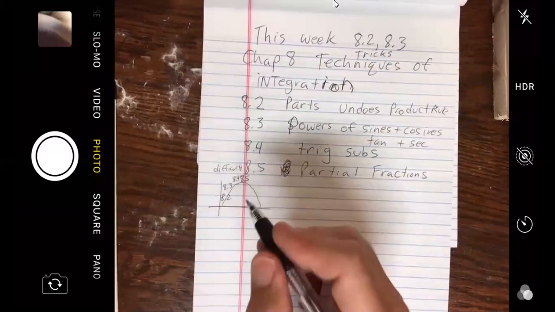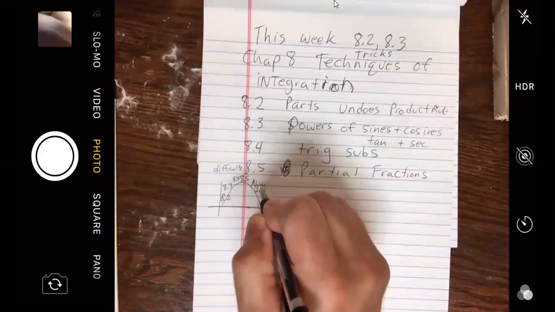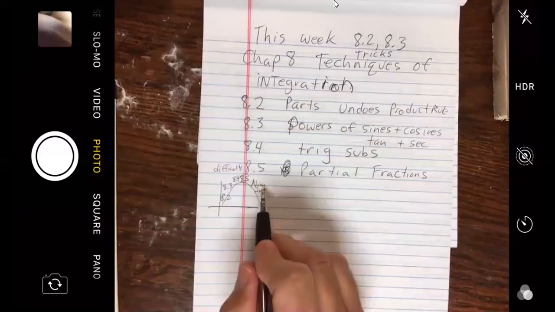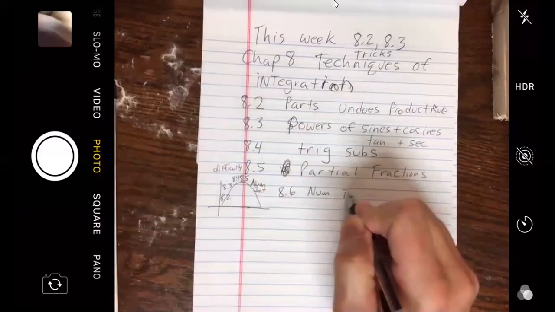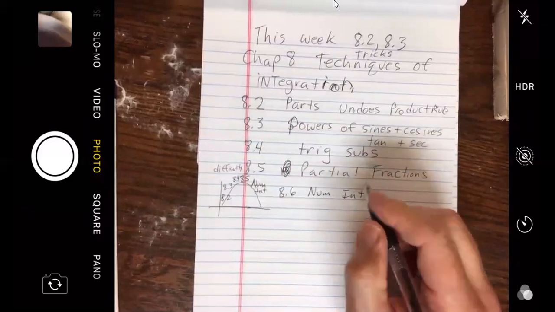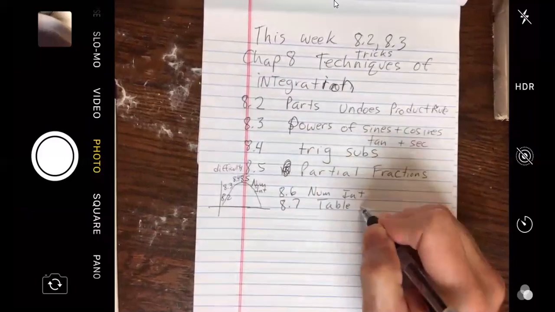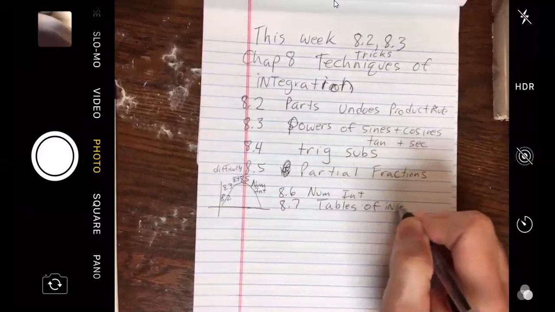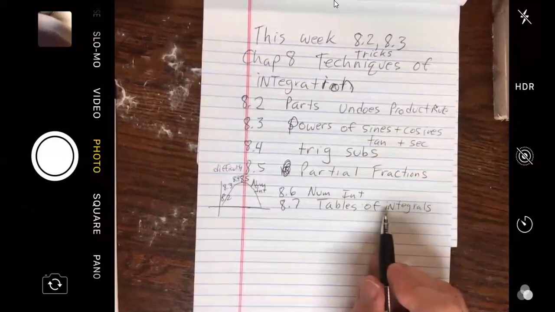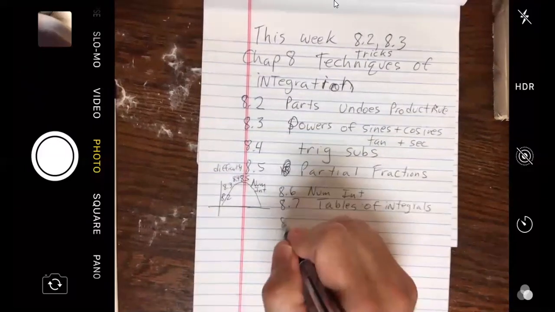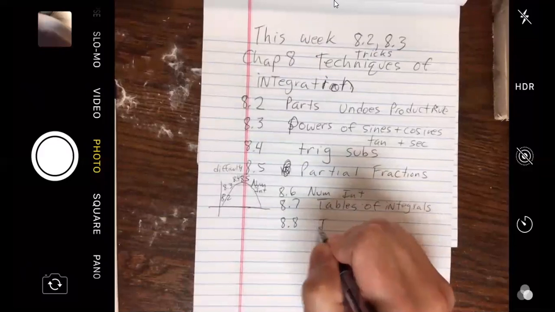and we're doing something called numerical. Probably the easiest section of the entire class, if you know your formula. So 8.6 is called numerical integration. 8.7 uses tables of integrals. Basically, you're almost copying your answer out of a table, but it's not quite that easy. And 8.8 is called improper